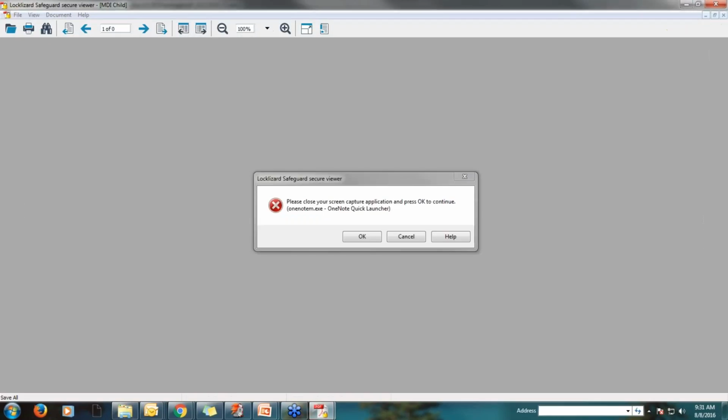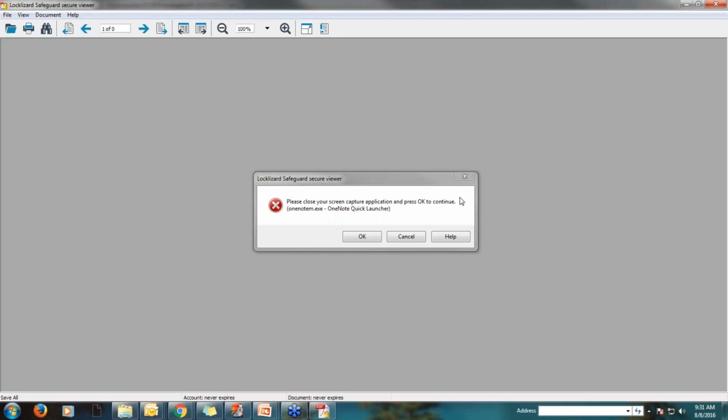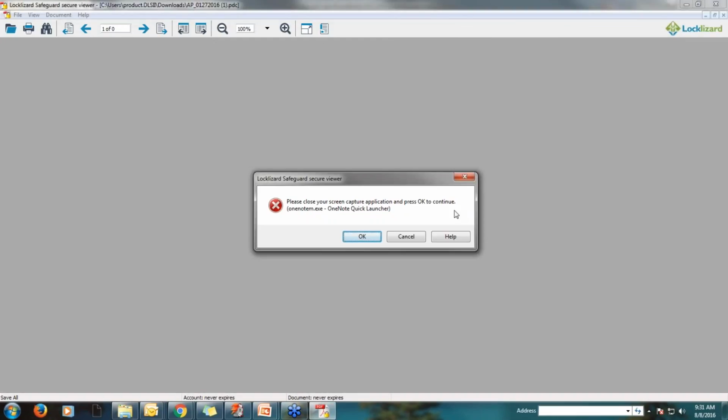And this is what you need LockLizard to download, to open. Okay, now some of you might get this error right here. It's asking you to download OneNote.exe. I'm sorry, to close your screen capture. It doesn't happen to everybody, but every now and then somebody does get this error. It's very easy to fix. So all you do is click